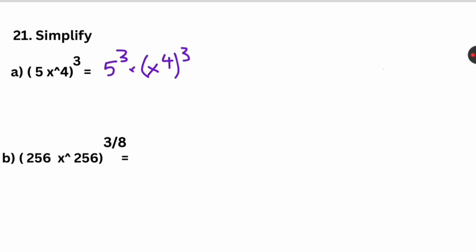5 raised to the power of 3 is nothing but you need to multiply 5 three times. 5 5s are 25. 25 times 5 is 125. So we need to write this 125 times x raised to the power of 4 whole raised to the power